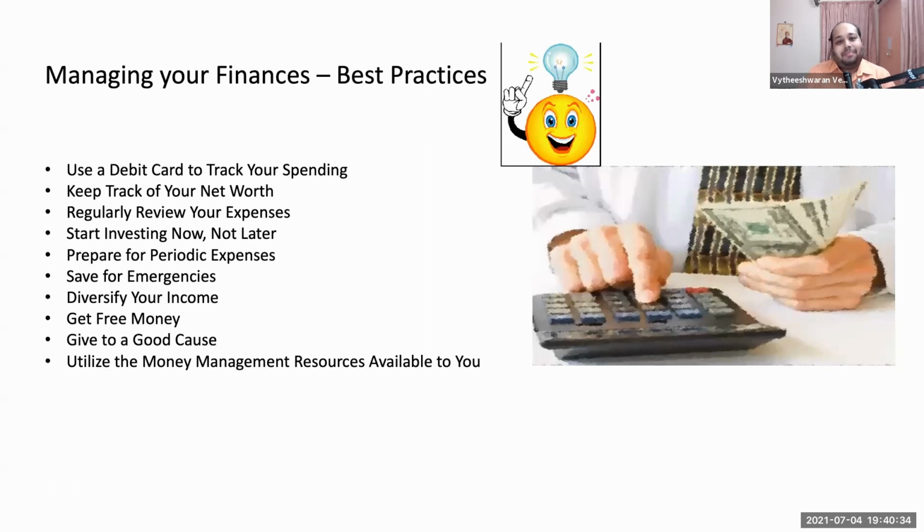See, when you are choosing images and when you are trying to balance it with text, always remember that your image must have some kind of a relationship or some kind of a meaning per se with whatever content that you are putting on screen. If you look at the screen, managing your finances. So this gentleman here has a calculator. He has some money in his hand. Okay, that sort of reflects the title, managing your finances. Yes, but what about the content? There are some 10 bullet points over here.